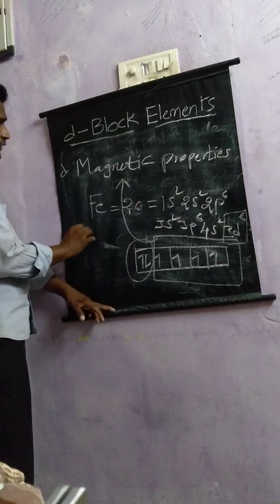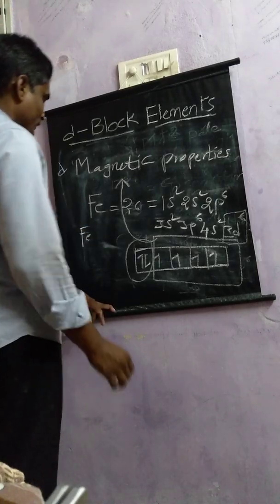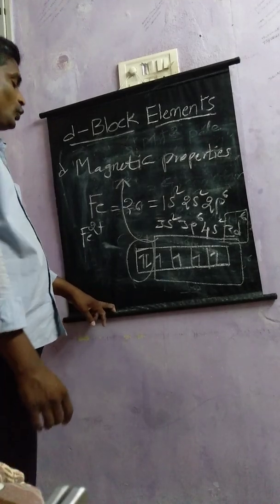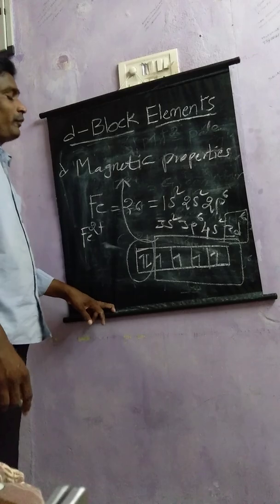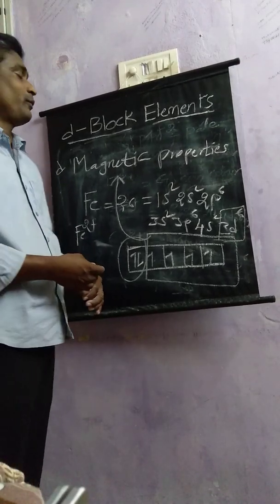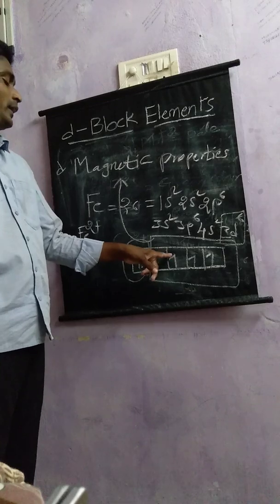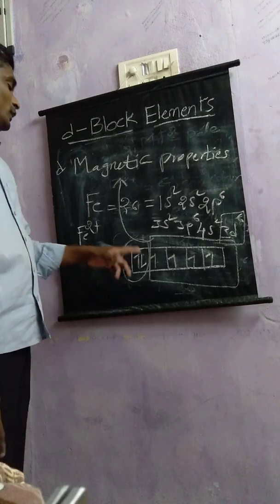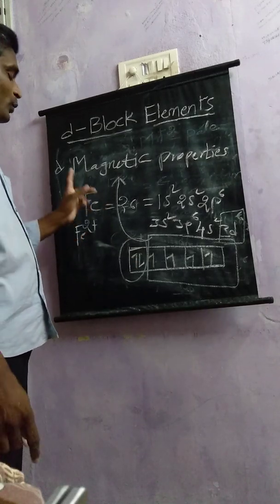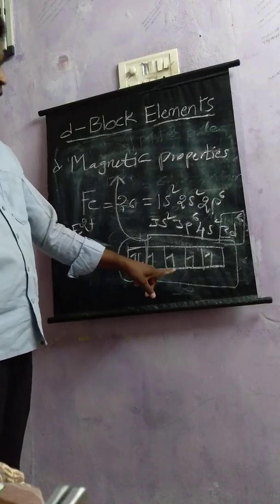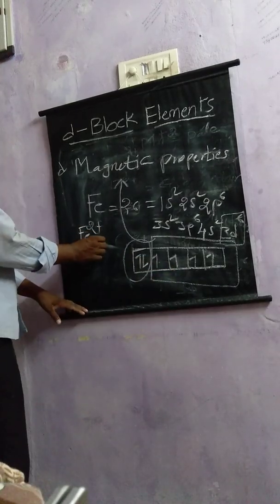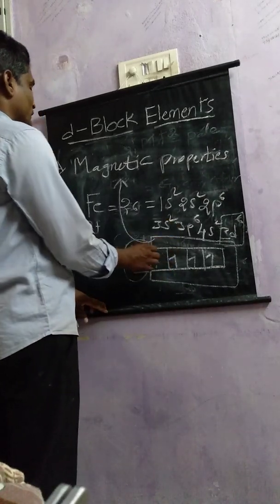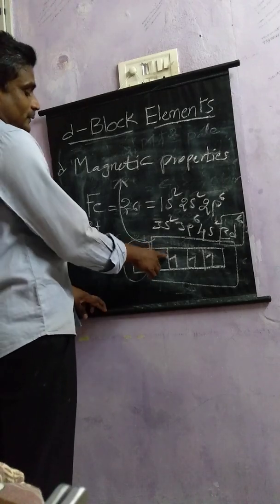Even if iron is in its ionic form, it will exhibit magnetic properties. So if any element is to exhibit magnetic properties, definitely it will contain unpaired electrons, in its ionic form or in its atomic state, whatever it may be. If you take the atomic state of iron, even in that case there are four unpaired electrons. Even if it is in ionic form, there are four unpaired electrons. So, whatever it may be, iron will exhibit magnetic properties.